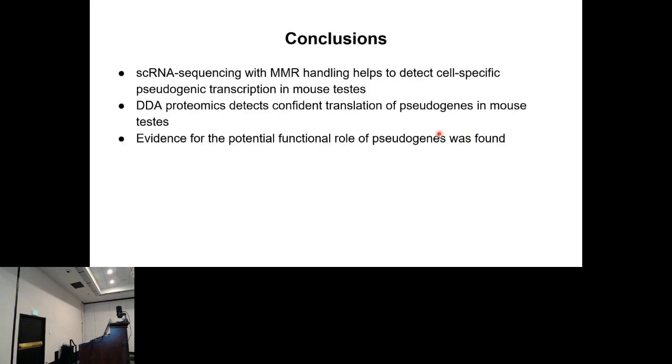So in conclusion, I would like to say that single-cell RNA sequencing with handling of multi-map reads helps to detect cell-specific transcription of pseudogenes in mouse testes. Also, data-dependent acquisition proteomics detects confident translation of pseudogenic proteins even without any enrichment. And finally, we found evidence for the potential functional role of pseudogenes in flagellar motility and